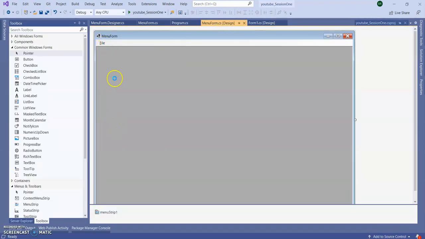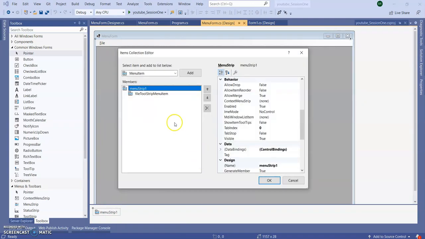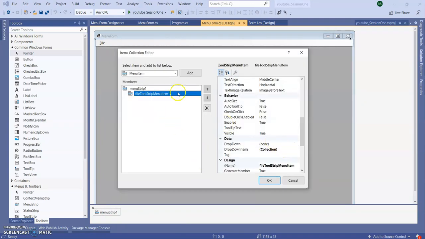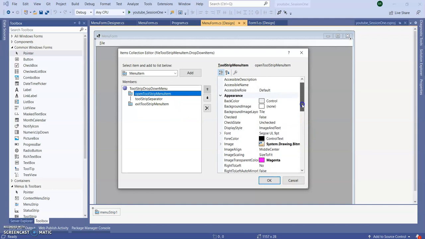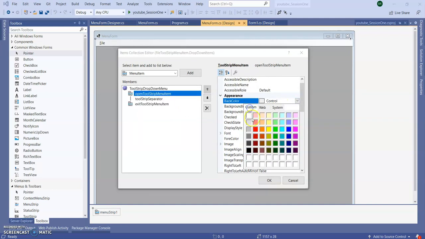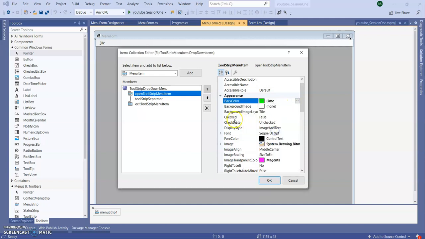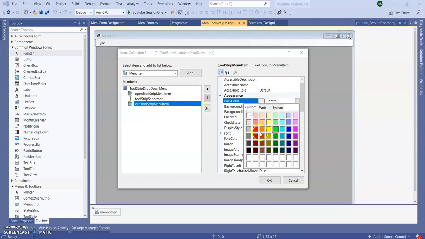How can we change the properties of this menu item? Select the menu strip and click on edit items. Here select this file menu strip. In the collection you can see the background color, the font color, everything. For this I'm going to give a green color, and for exit I'm going to give a red color.